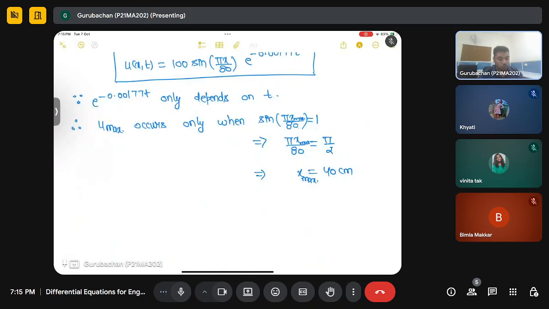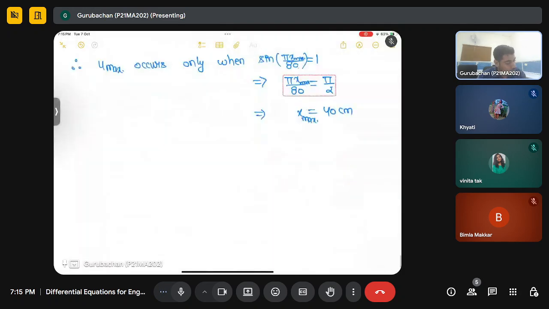Our target is when u max will become 50. So from the given, 50 equals 100 times sine pi x max by 80, where x max is 40 divided by 80, so sine pi by 2 is 1, so we don't need to write that expression, and we are left with e to the power minus